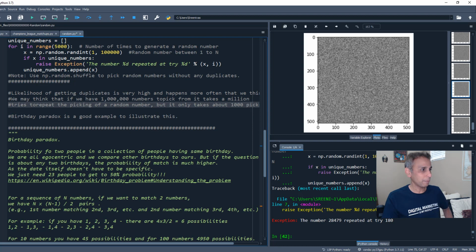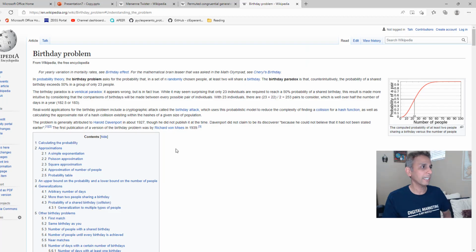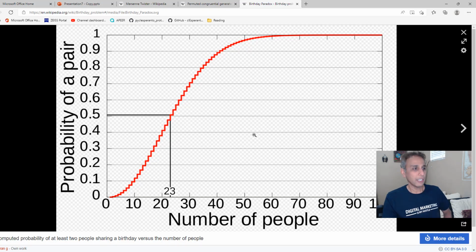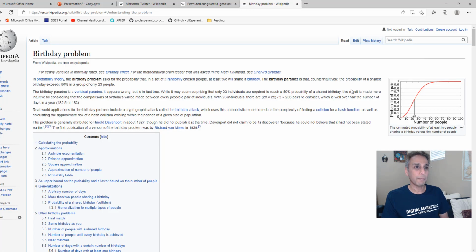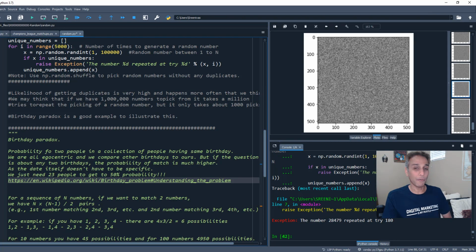There's a nice Wikipedia page that talks about this. Let me click on the link right there. It talks about the birthday problem, and you see here it shows the number of people versus the probability of a pair having exactly the same birthday. 23 people, 50% probability. And this is the power of repetition.